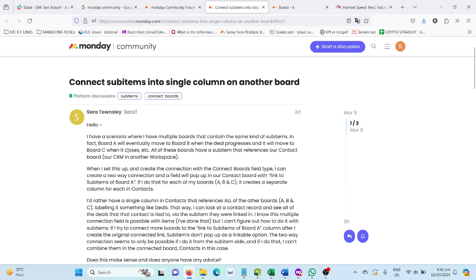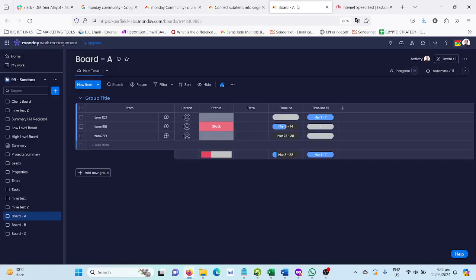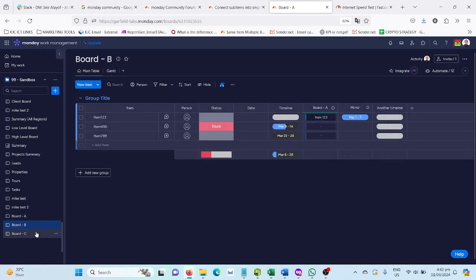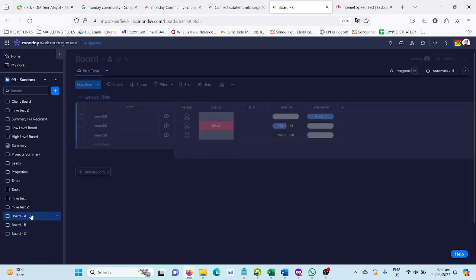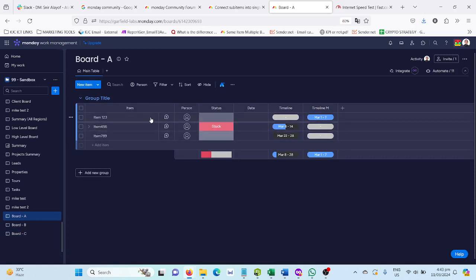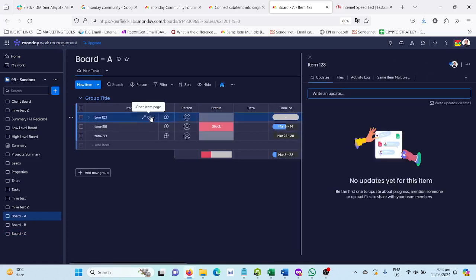So we have board A, B, C, and the contact board, but we can actually demonstrate it with just the three board setup that we have here: board A, board B, and board C. Okay, so once you have the same item multiple boards installed, if you click on an item that you have, like this one, item 123, you can actually have an item view here for the same item multiple boards to